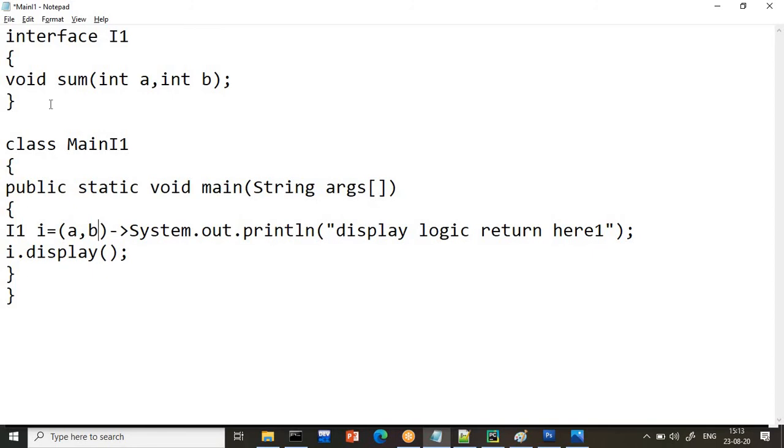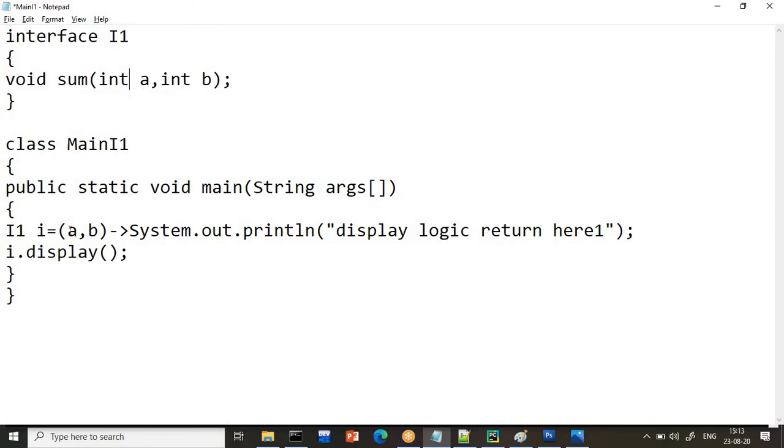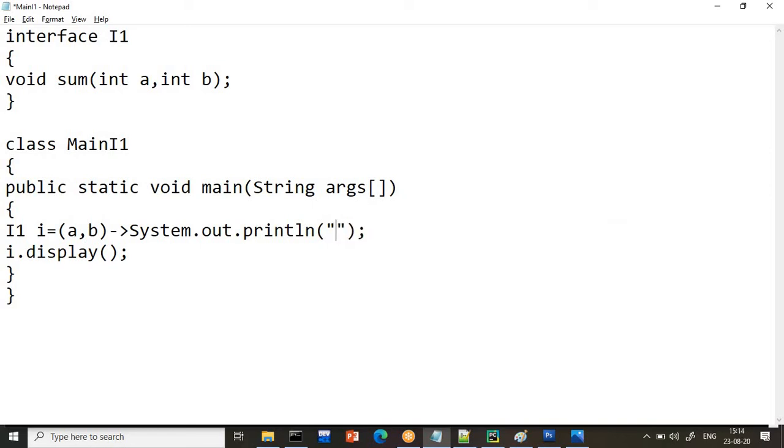You can take any variable name because the scope of the variable is different, as you know. Here I have taken a, b; here you can take x comma y, but I am taking the same name, not necessary. Now I wanted to print the sum of these two numbers, so the message I will change to: Sum of the two numbers. How simple it is, just observe. Sum is equals to, what is the sum I want? I want the sum of a plus b, so I will write a plus b.